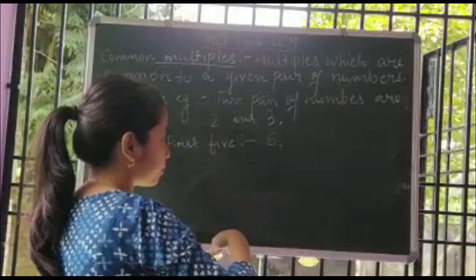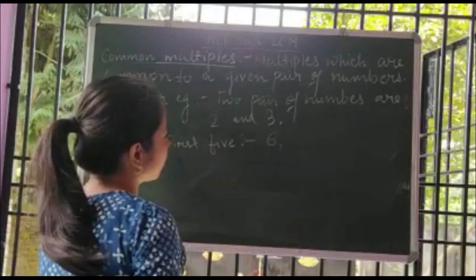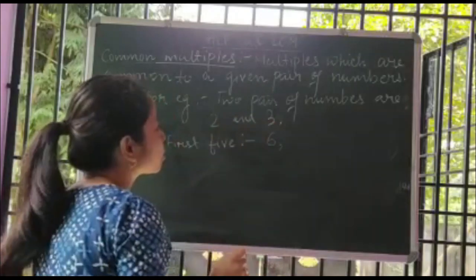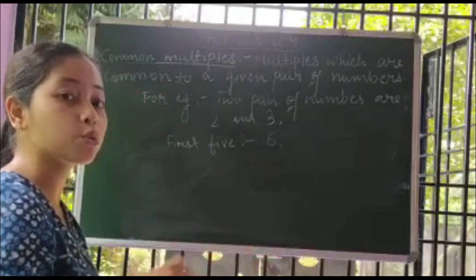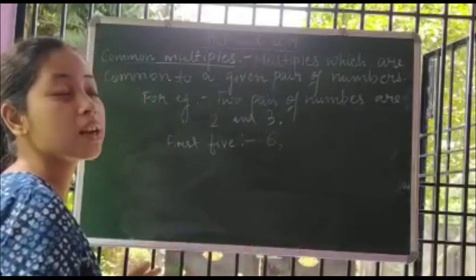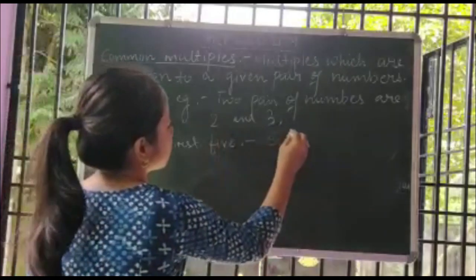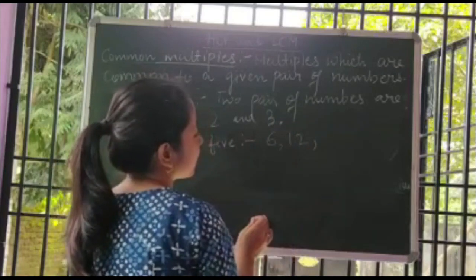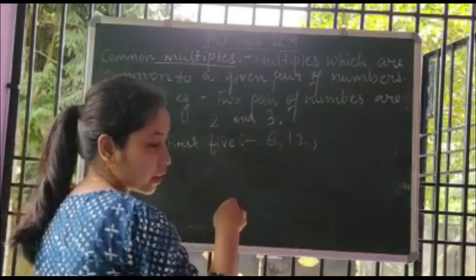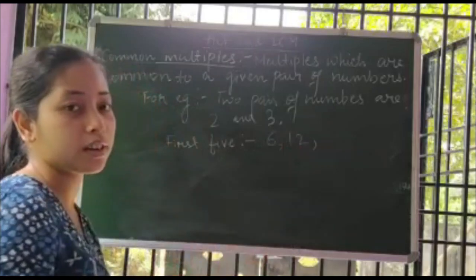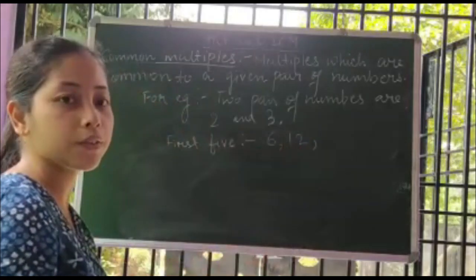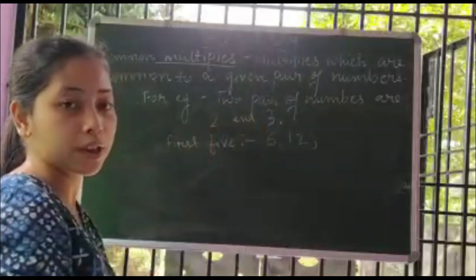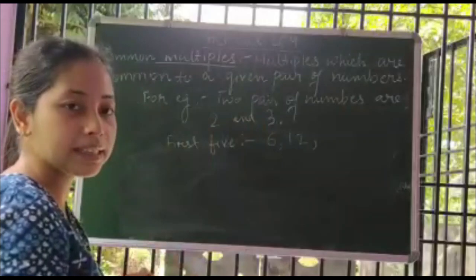Now let us come to 11. 11 is not there in either number. Let us come to 12. In the tables of both 2 and 3, 12 is present. So 12 is also a common multiple of 2 and 3, because 2 6s are 12, 3 4s are 12. Next, 13 is not there. 14, check, is also not there. 15: 3 has it but 2 doesn't. Then 16, then 17 also not there.